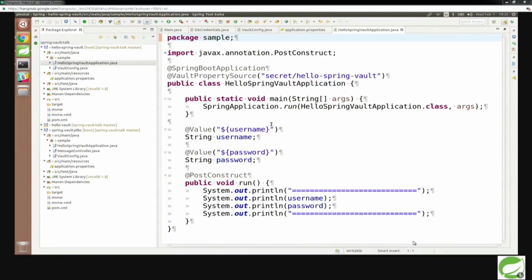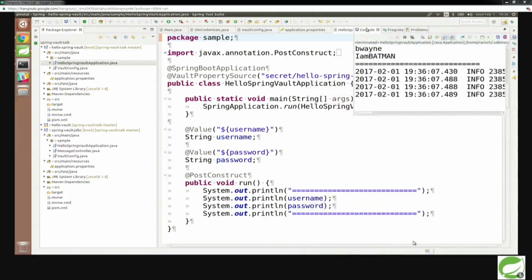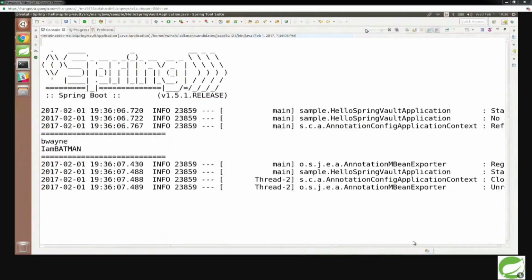And you might recognize this path that it's using, secret/hello Spring Vault. It's the same one we've been using all night. So then in there, we stored a username and a password. So this should output Bruce Wayne and I am Batman. And in fact, it does. So that is how you integrate with it.